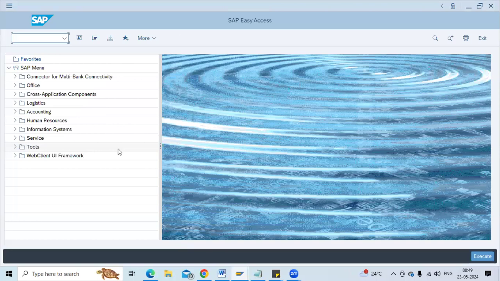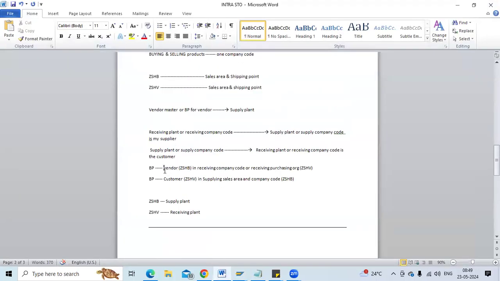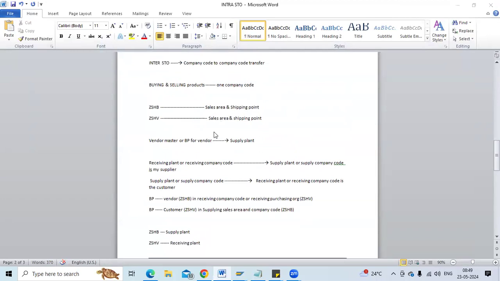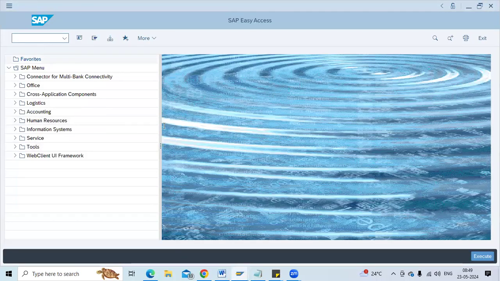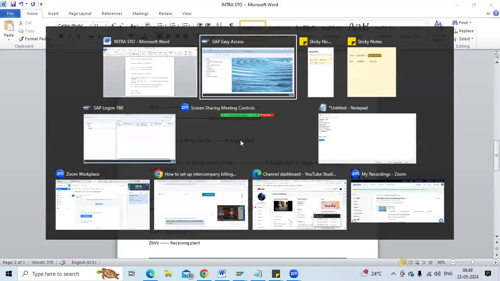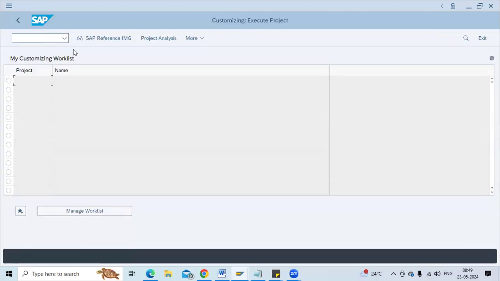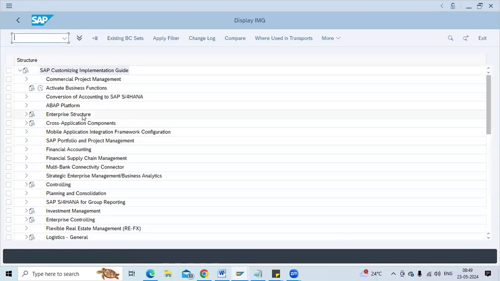Okay. So now my first one is how to create the sales organization and distribution channels. You can create separate sales areas and separate sales offices. I have created my own sales organization, distribution channel, and division when creating the enterprise structure. In this enterprise structure, you can see